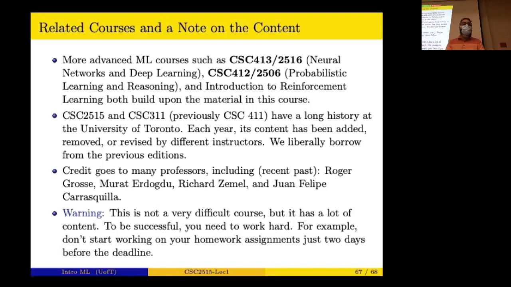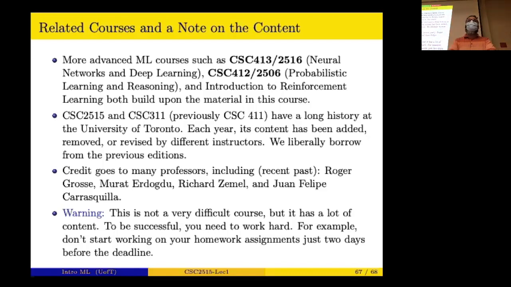The other thing I want to mention is that this course has a long history. It's 2515. It previously used to be a 400 level course, 411, and the grad level code is probably the same number. It got converted to a 300 level course. And what I'm teaching you would be based on what I taught at 300 level, kind of an upgrade, adding a bit more material to make it more like a grad level course and have a project, so it would be more research-based. But third-year and fourth-year students should understand all of it essentially.